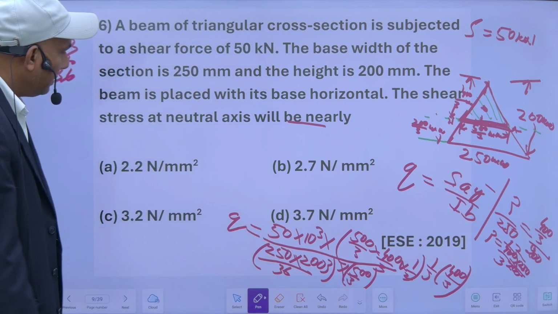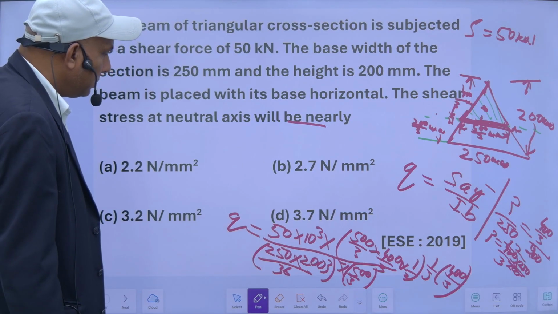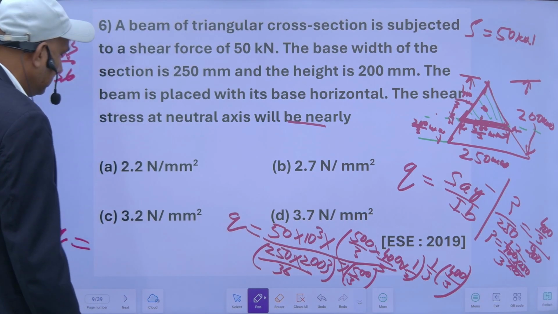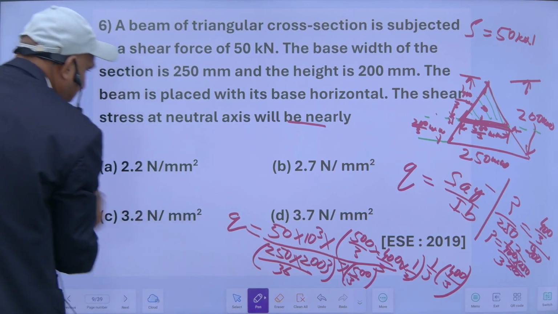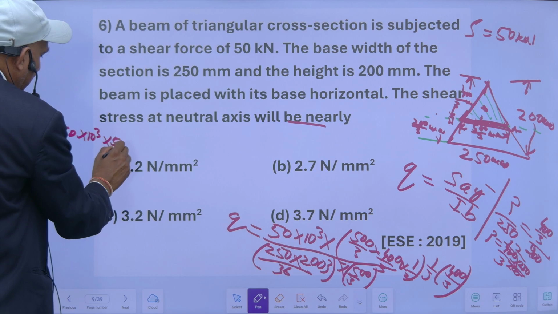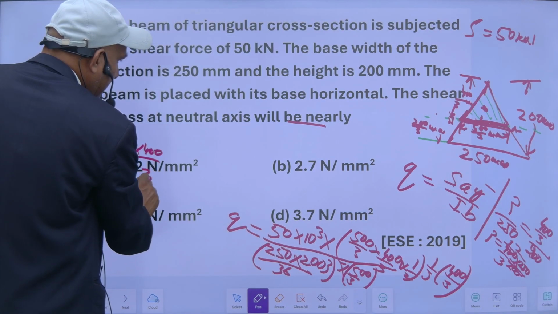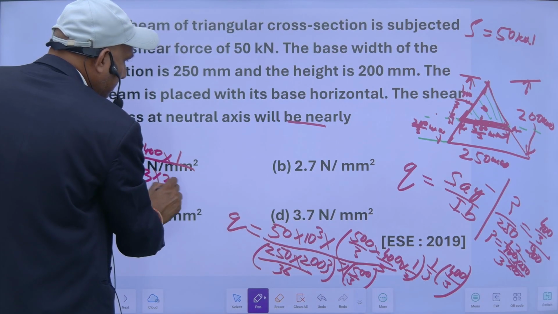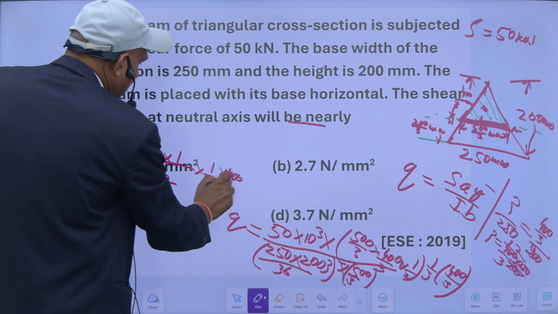So with this we will get the value of Q. So Q will be 50 into 10 to the power 3 into 500 by 3 into 400 by 3 into 1 by 2 into 1 by 3 into 400 by 3,